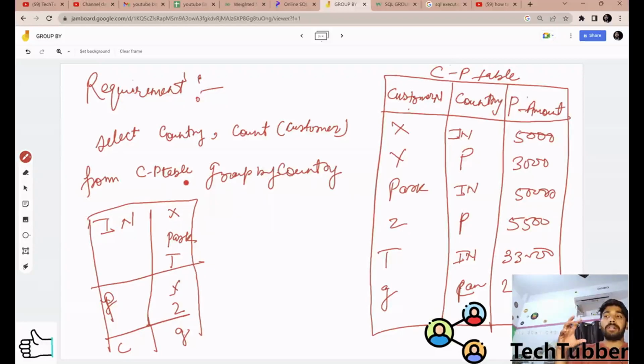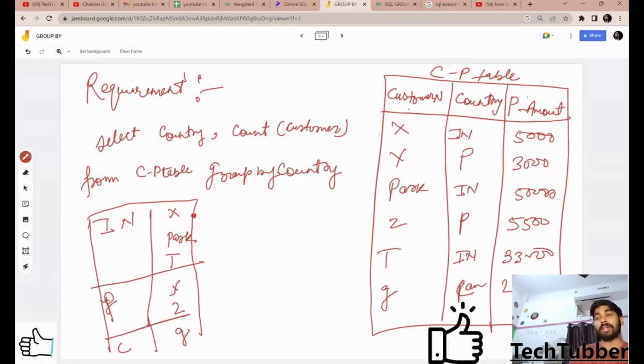It will select the entire data of the table, and then it will go to the group by and group by country. Then it will just group like this, okay? So the entire table will be grouped based on the country: India, Pakistan and Canada, okay? And based on that,